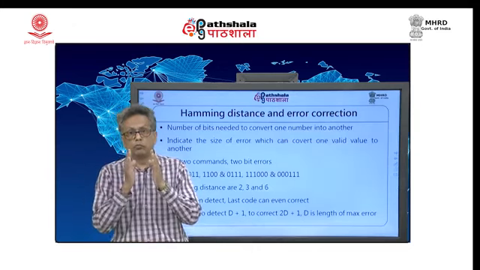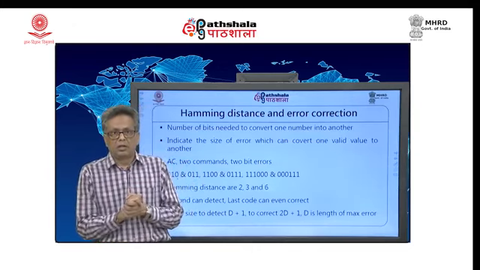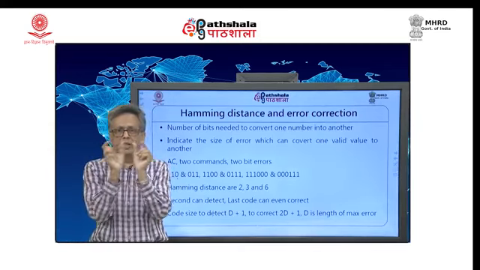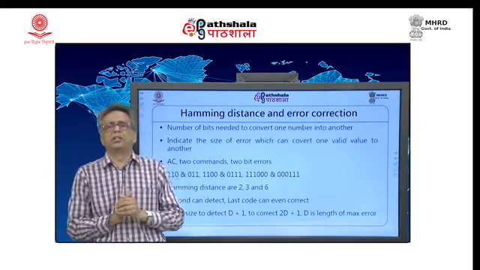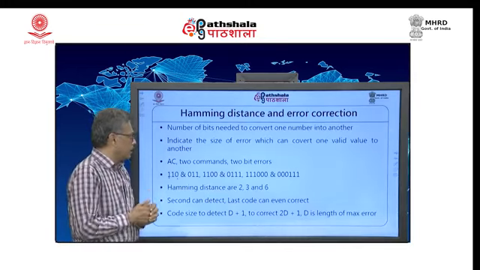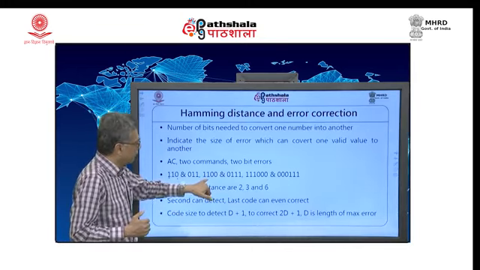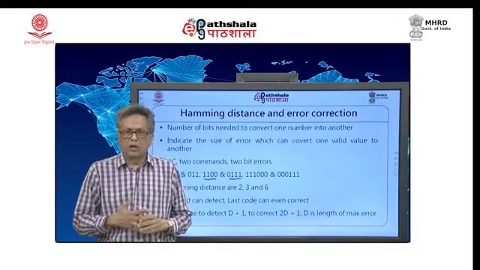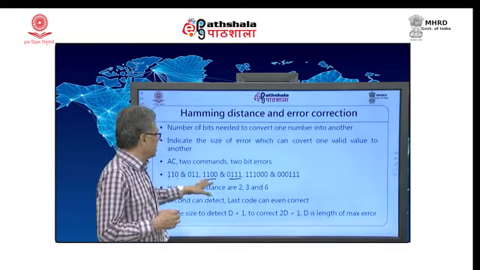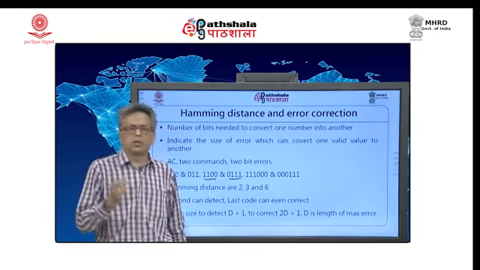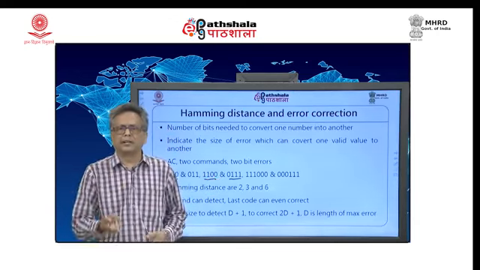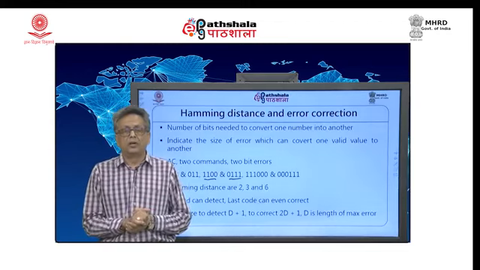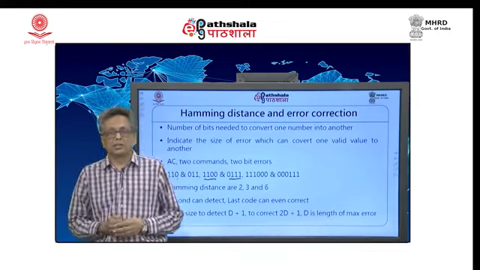Now, that is what we would like to prevent, and that 2-bit difference between two valid values is basically the Hamming distance between these two values. For the same problem, if I use a slightly different code, which is shown here, this code guarantees that I cannot change 2 bits to convert one valid code into the other; I need to change at least 3 bits. So, if there is a 2-bit error, the receiver will be able to catch it.